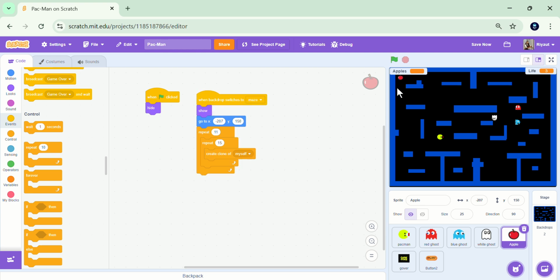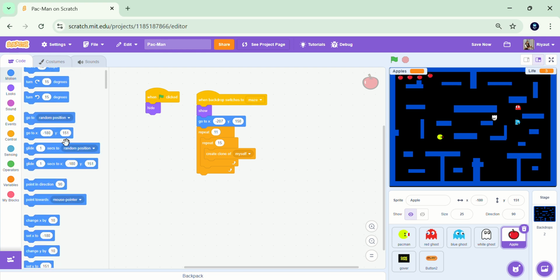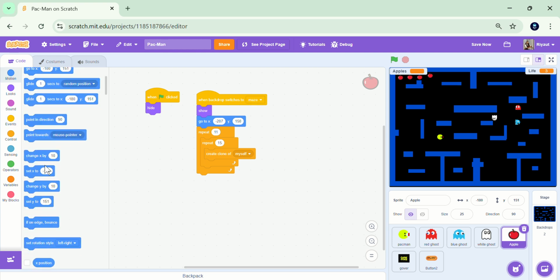How to make it arrange? I am asking, hey apple, move a little bit towards right, then create the other one. Just like that, move a little bit right, and create the other one. So to make it move right, you make use of a block called change x, by a positive value. If you put change x by a positive value, it will help you to make it move right, isn't it? Now if I click on green flag, you can see the apple is creating